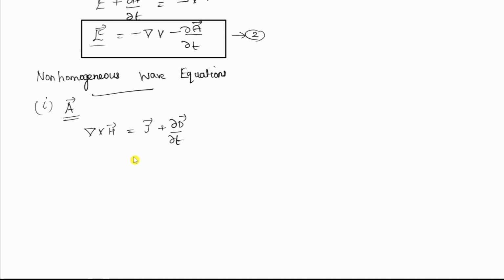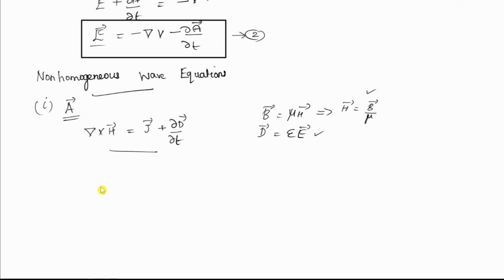But we know a relationship that we have studied in the previous video, that is, B can be written as mu H. Am I right? And again, D can be written as epsilon E. Okay. And this equation further we can modify it with H vector is equal to B vector by mu. So if we use these two relationships in this equation, we can convert this equation in terms of E